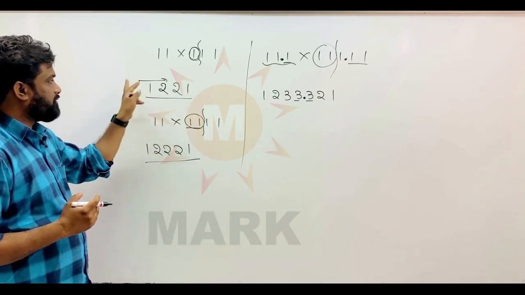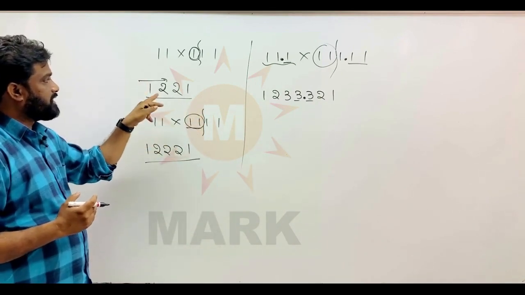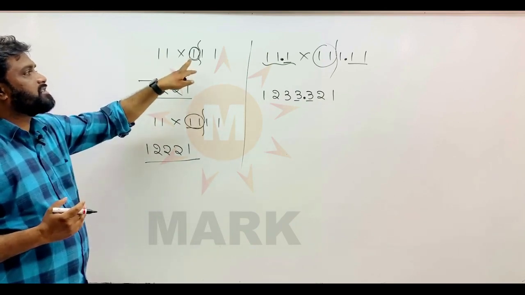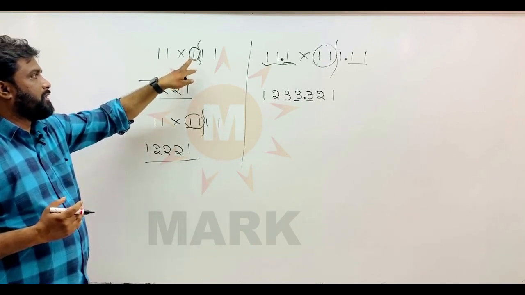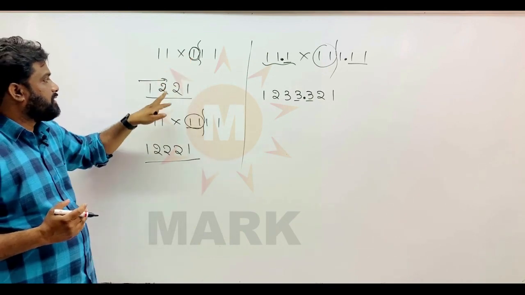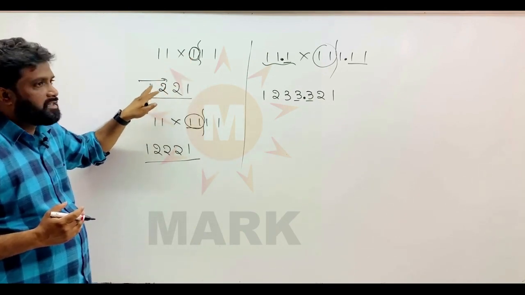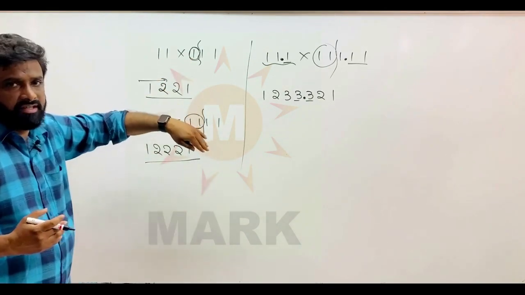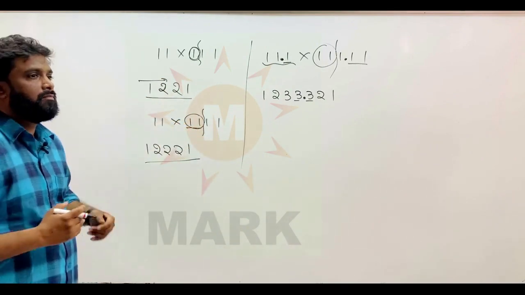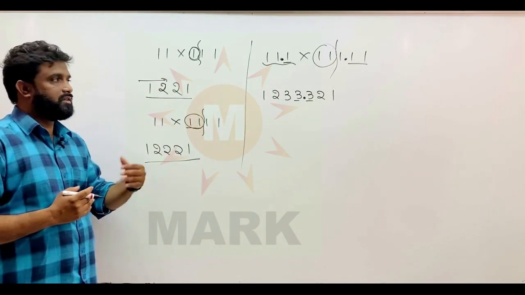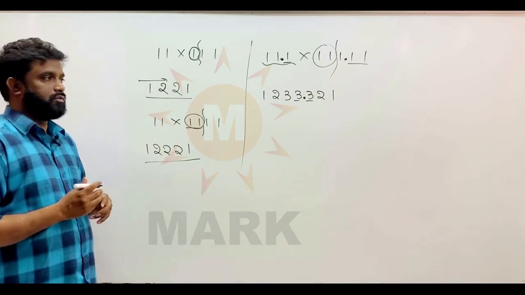In the ascending order that we first write, take the highest number. However many extra ones you got on one side compared to the other, that many times you have to write this highest number. And then come in the descending order and write up to 1. This is the way we multiply the numbers when the number of ones is not the same on both sides, right?